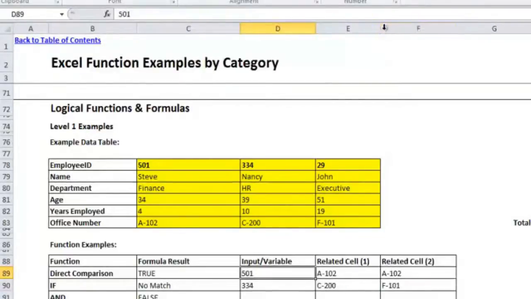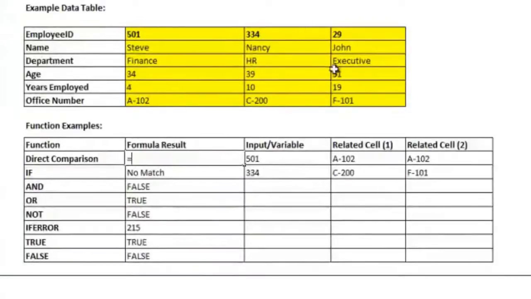And if I change this variable here, you'll see that to the right, the related cell 1 will change because it has a formula in it, whereas related cell 2 is just a direct reference. So in this cell, I'll just delete it and I'll recreate this formula. So for a direct comparison, we want to see if related cell 1 and related cell 2 are the same. So I just put an equal sign to say this is the start of my formula. I'm going to click on the first cell, E89, and then another equal sign,